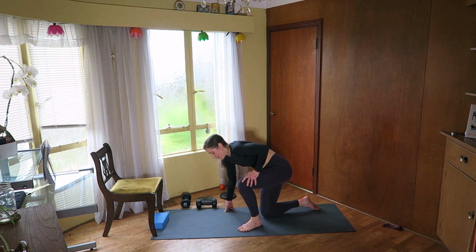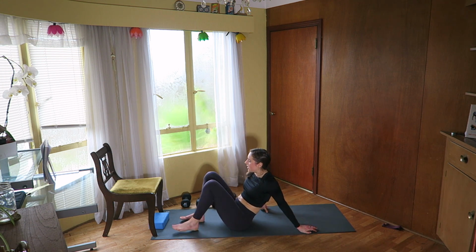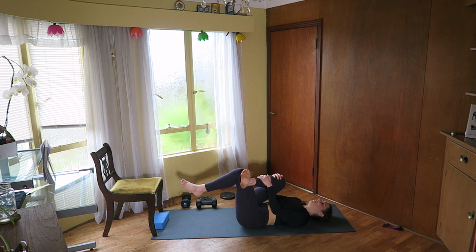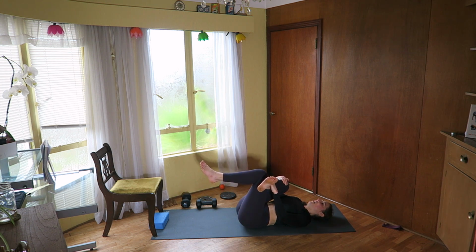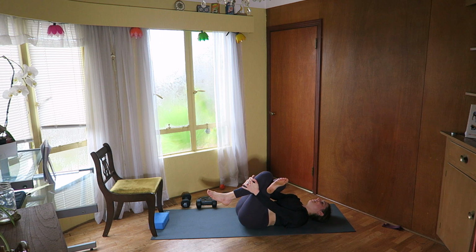Okay. And what are we gonna do now? Oh yes, glute stretch. So come onto your back and you're gonna cross your right leg over your left and try to, so you can either grab behind your thigh or you can grab on your shin, and you're gonna try to bring the whole